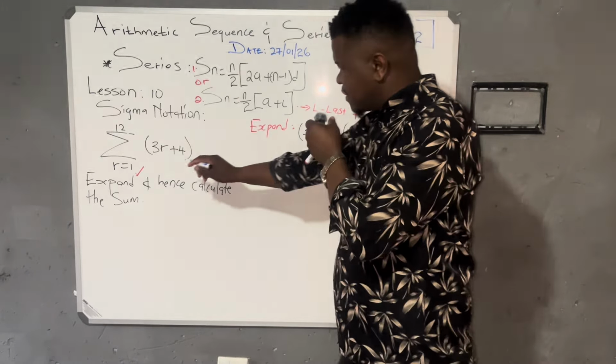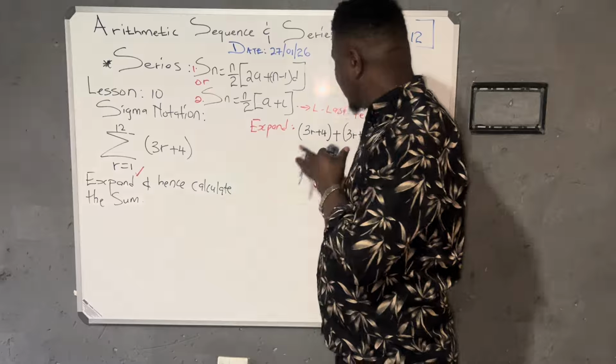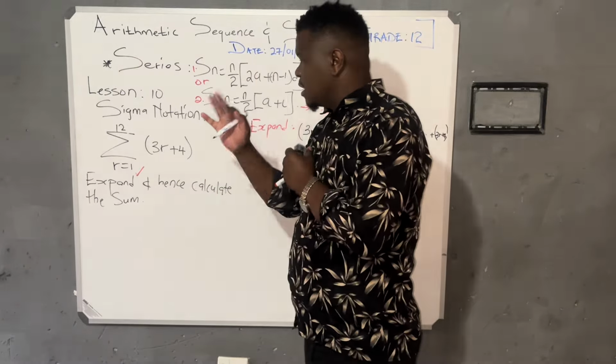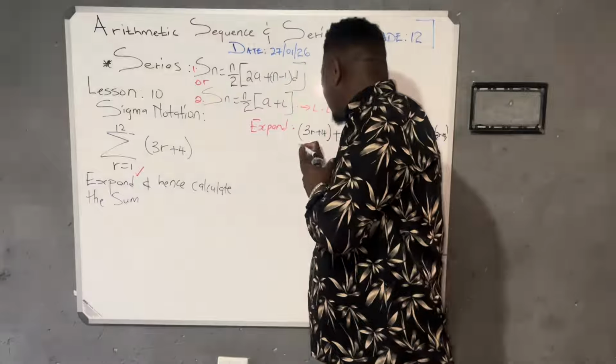Now, what does this mean to us? Where there is r, you can put 1. But let's just make the first 3. So since I'm given r, I'm going to start with,